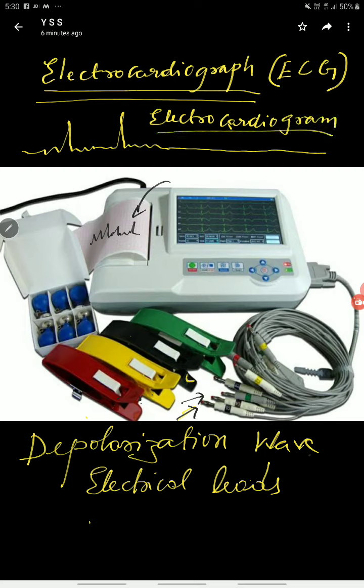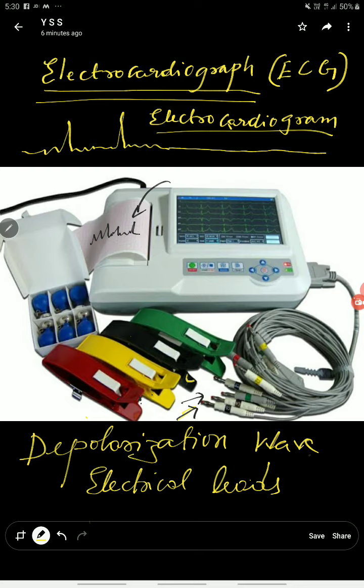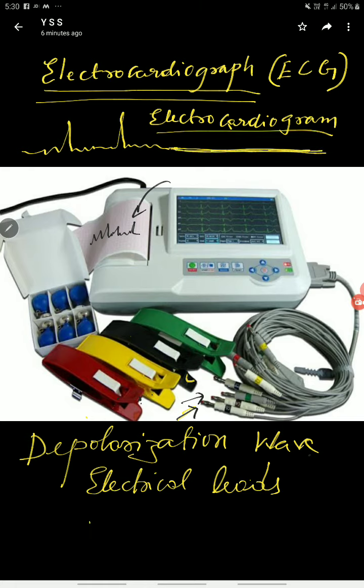Did you understand the difference? Electrocardiograph is the machine, and electrocardiogram is the representation of the activity of the heart with respect to its electrical activity in the form of the graph. Now if we look into the graph, it gives us the representation in the form of certain peaks. When it is a straight line, as I have told you, there is no electrical activity. But here you can see there are certain peaks, the rise in the level of the lines. Somewhere the lines are lower and somewhere the lines are higher.